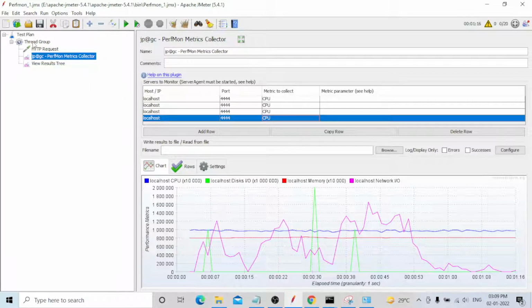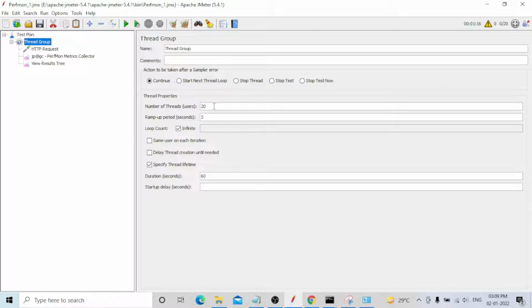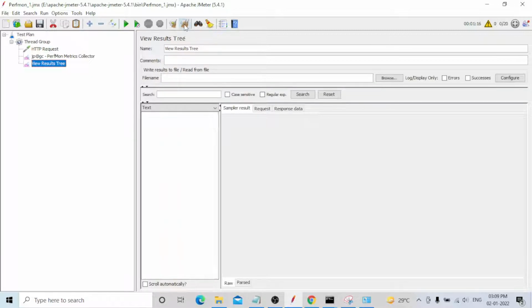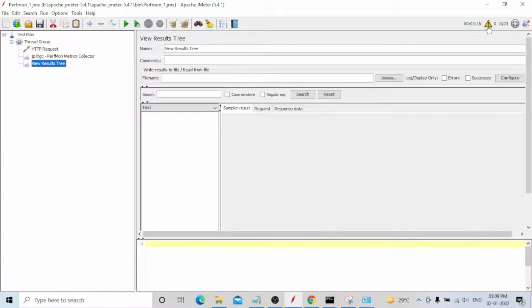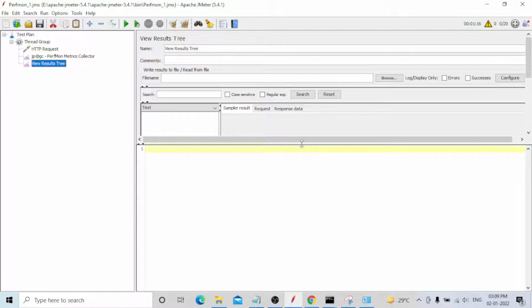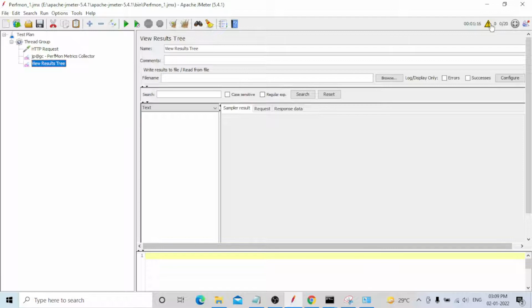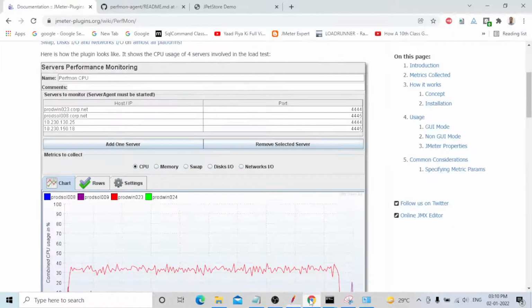Okay, just a minute, I will clear all this. Once you run this test, you will see errors. This list of errors will come and the test will not start. At that time you need to click on this one. For example, there are no issues now, but issues will come. For example, I will go to this one.